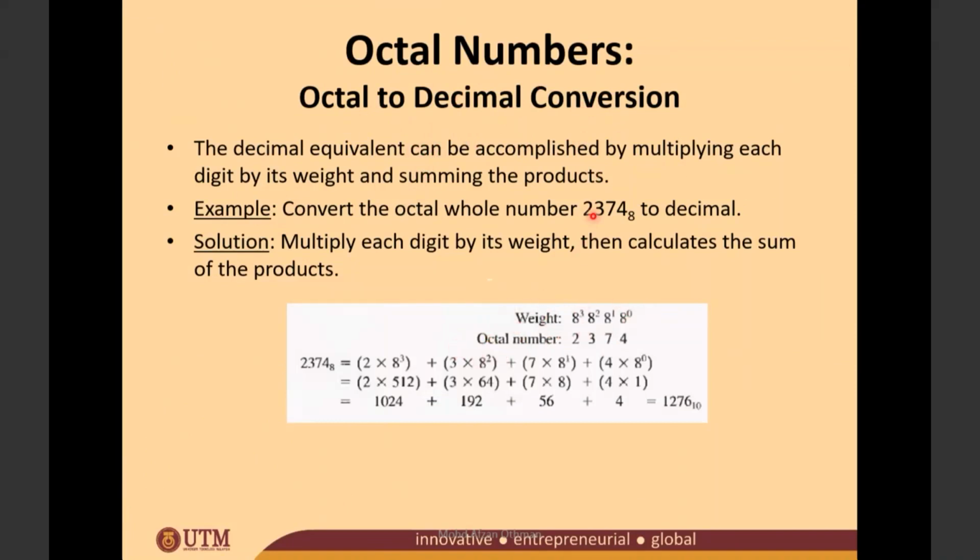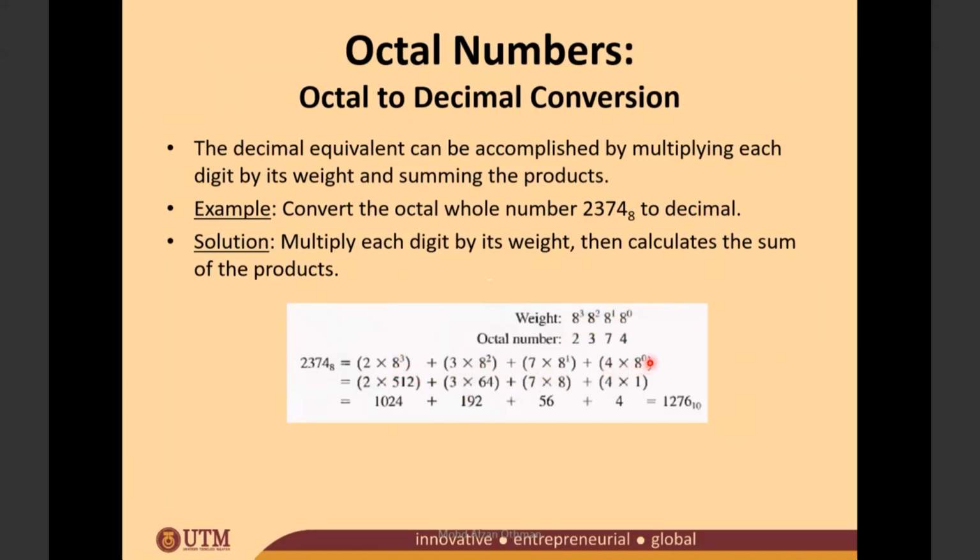Contoh 2, 3, 7, 4 asas 8 nak tukar ke asas 10. So, apa kamu kena buat? Dapatkan dia punya pemberat. So this 8 kuasa 0, 8 kuasa 1, 8 kuasa 2, 8 kuasa 3. So kamu darabkan dengan dia punya pemberat. 2 darab dengan 8 kuasa 3, 3 darab dengan 8 kuasa 2, 7 darab dengan 8 kuasa 1, 4 darab